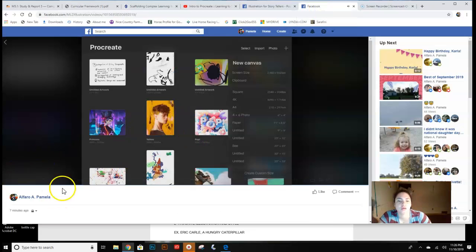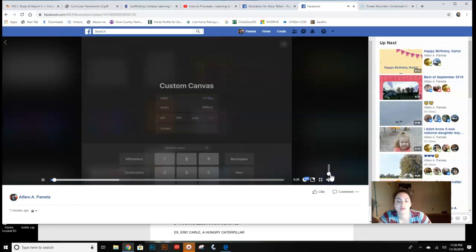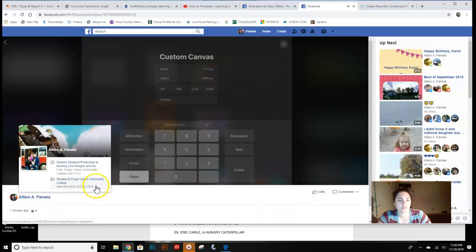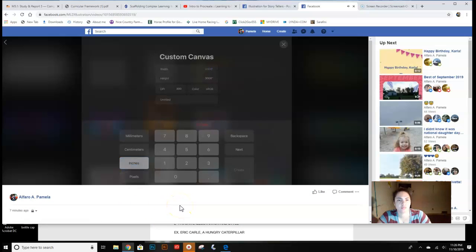And I'm going to create a custom size just because I need to make sure the resolution is at least 300, and the resolution is this DPI, and it should be at 600. So I want to change this to inches because I can never get